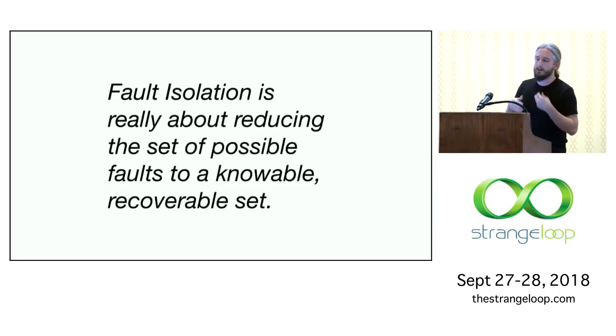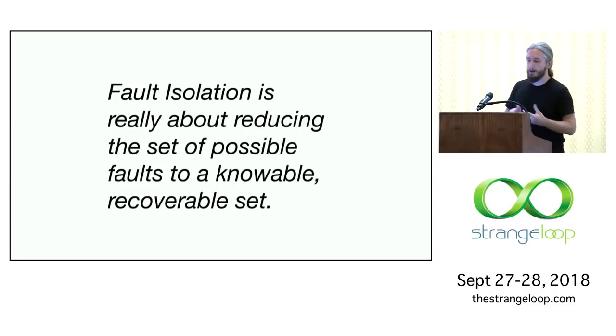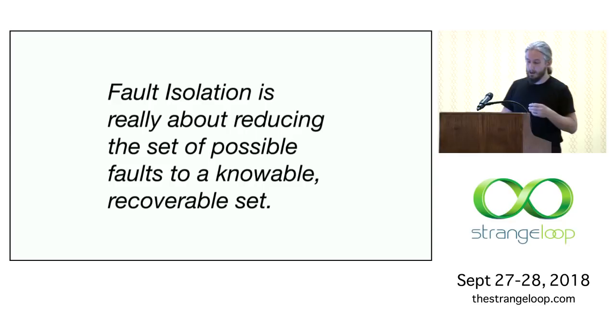Fault isolation is really about reducing the set of possible faults to something that is knowable and recoverable. For instance, if certain code should not be able to be executed, fault isolation is about being able to prove that it's either not possible, or that if it is possible, then when it occurs, we can catch it and prevent it from actually falling through before any harm is done, right? Okay, so